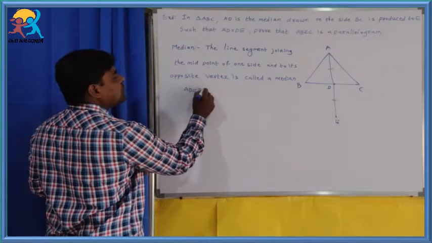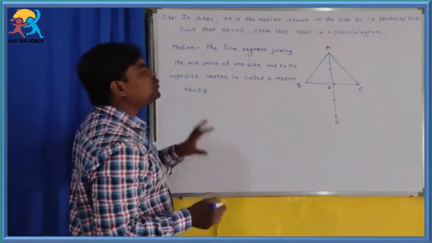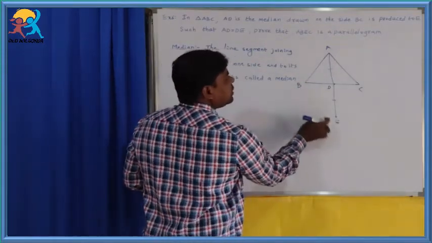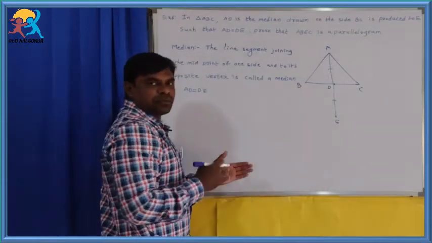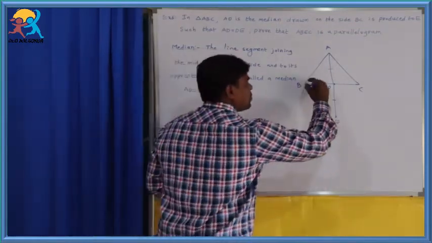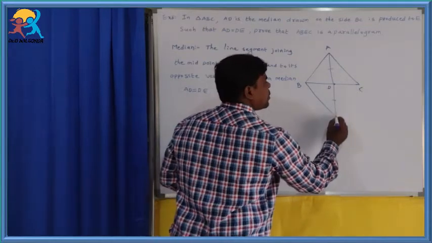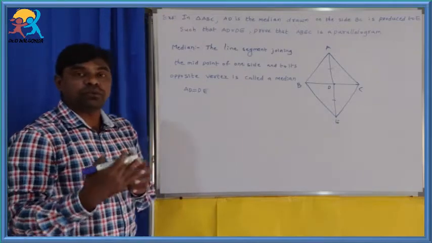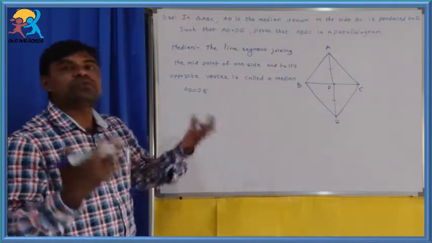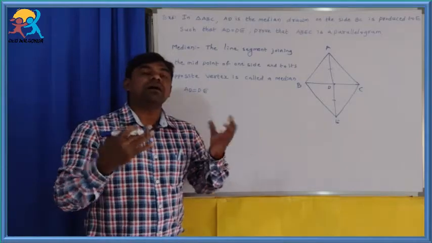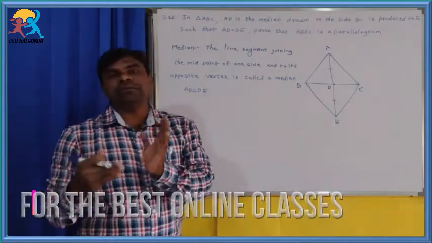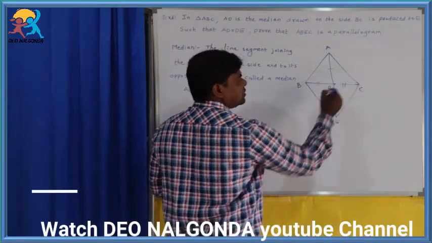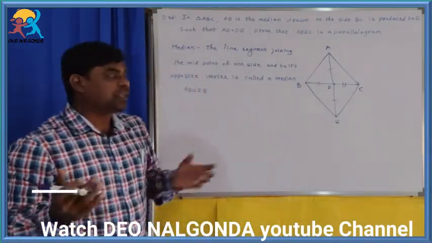In the question itself it is given. Now we have to prove that A, B, E, C. Actually here B, E are not joined. That means we have to join. ABEC is a parallelogram, that we have to prove. To prove that, what should we have to do? First of all, we have to recall all the properties which we have known so far. Here D is the midpoint, that is why BD is equal to DC. Can we write? Yes, we can write.